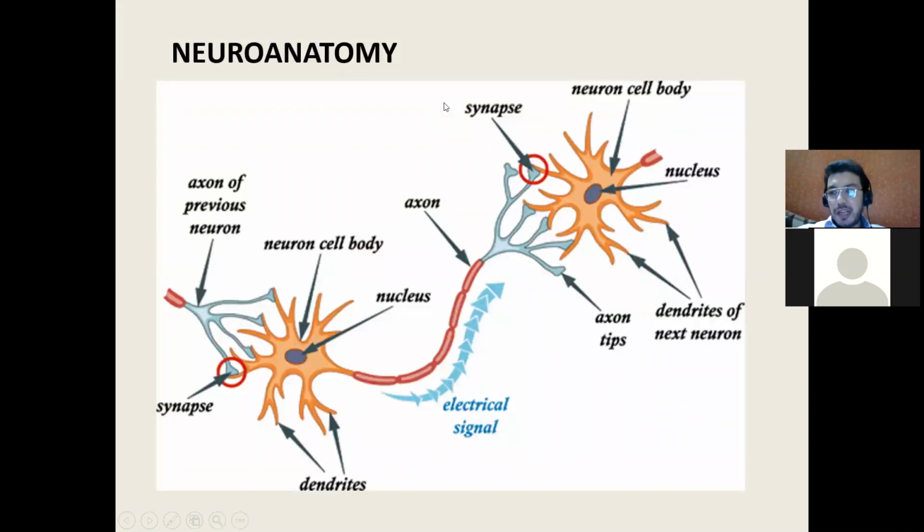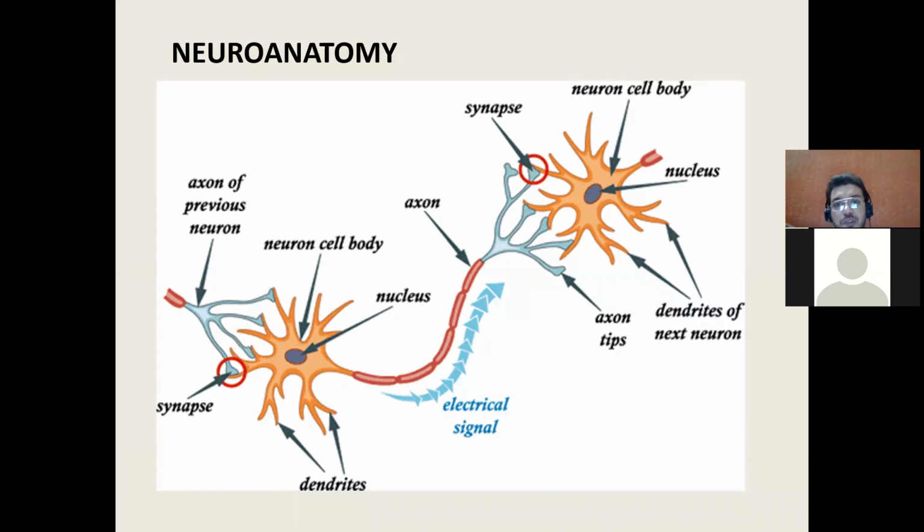Now, before that, we'll talk about slight information about neuroanatomy. You all know very well that neurons are there, and a neuron has an axon, its own nerve bundle or nerve fiber, and dendrites. From one neuron to the other neuron, the connection is because there's a slight gap which is called a synapse or synaptic gap. That synapse will continue the impulse from one nerve cell to the other nerve cell.